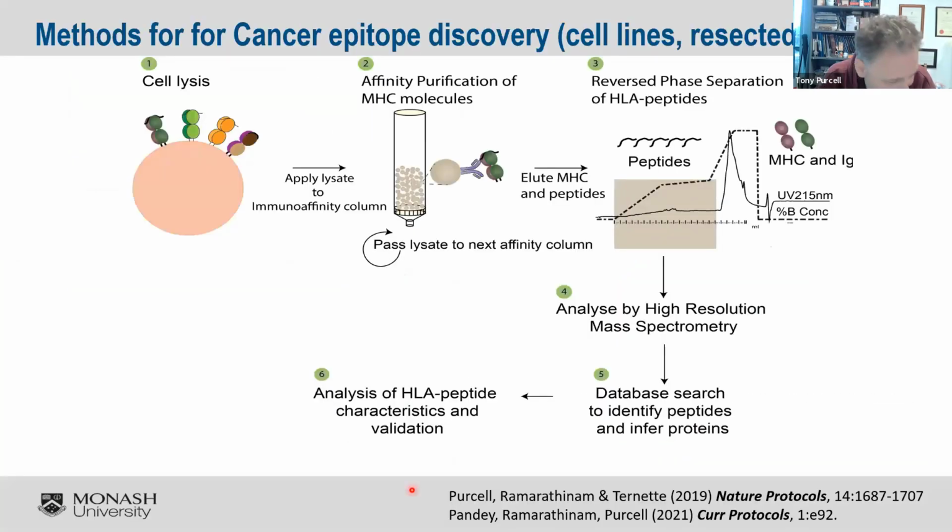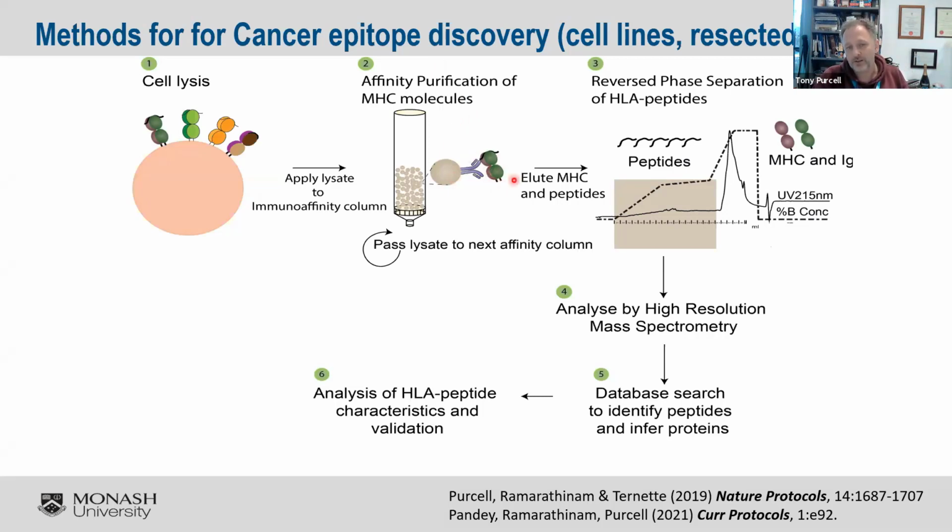And what I'd like to do today is talk about the dark immunopeptidome in the context of cancer. So you've all sort of seen this workflow already. We work with cells, patient-derived cell lines. We work with tissues, biopsies, etc. And the basic protocol is the same. We lyse the cells in native conditions. We use a variety of different monoclonal antibodies to capture these HLA peptide complexes. We then acidify the bound complexes immobilized on this affinity matrix. And what this does is facilitate the elution of the peptide and dissociation of the peptide away from the MHC